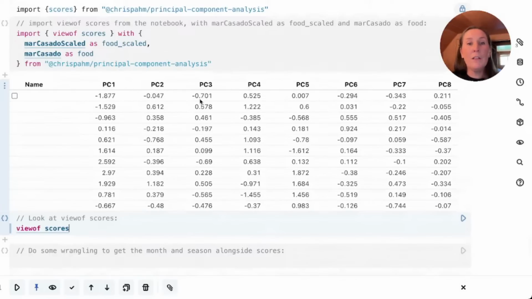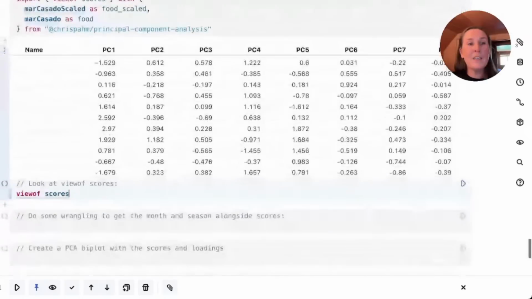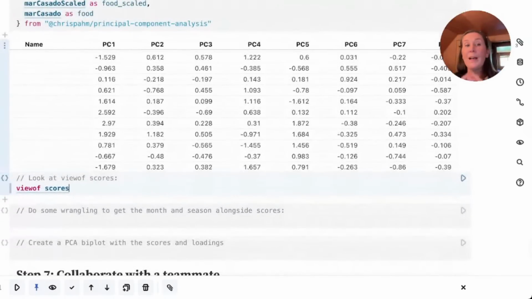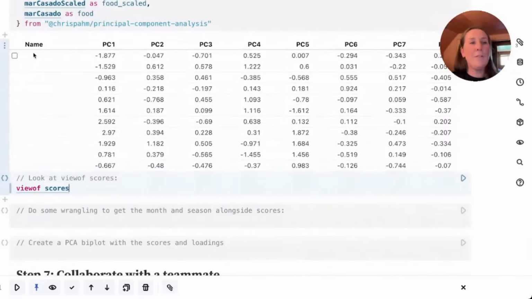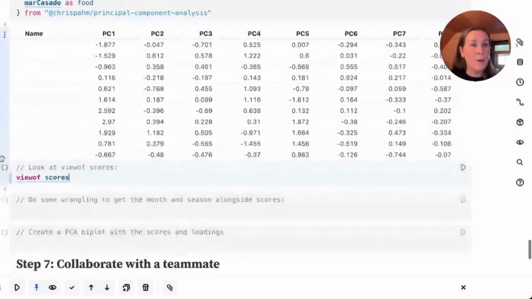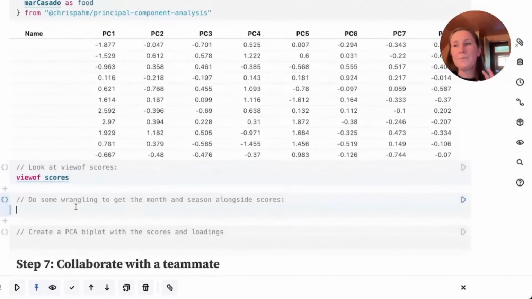So all of these principal component values define, in this high dimensional space of my new principal components, where one of my observations is. Again, we're only going to look at PC1 and PC2, but that's what this is giving us. But I do want to have both the actual month here, and I also want to add seasonality, the season, that hot, moist, or cool, dry column, so that I can show that on my biplot too and start exploring some clustering. So here we're going to do one more wrangling step, and then we're going to create our PCA